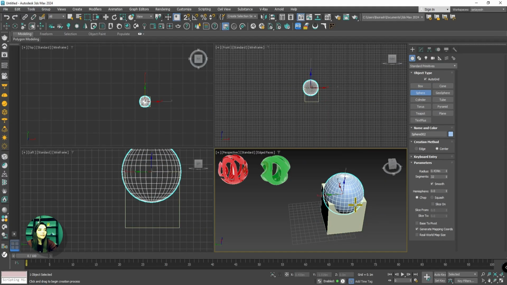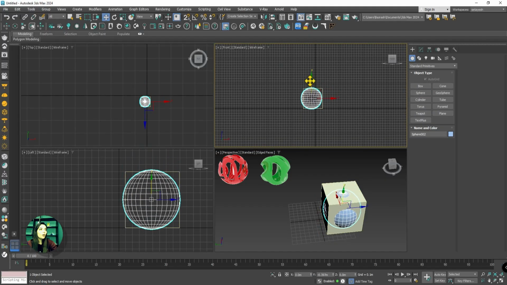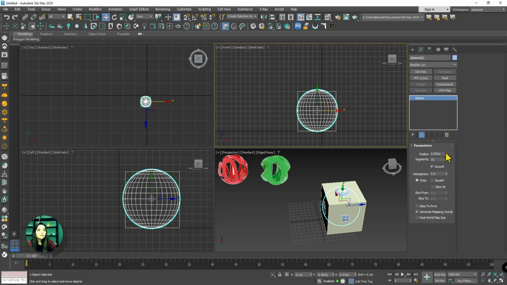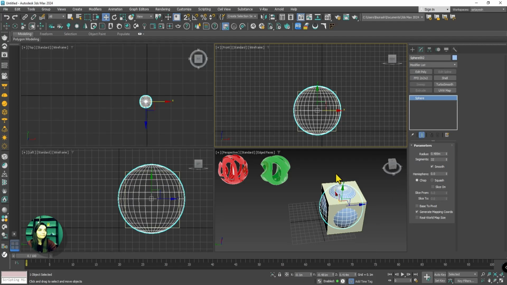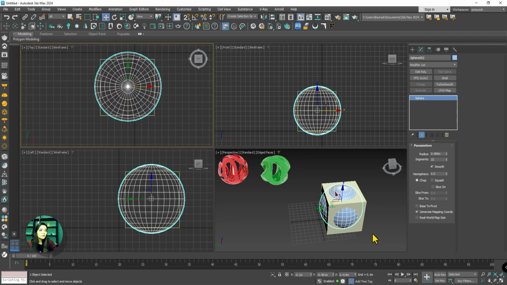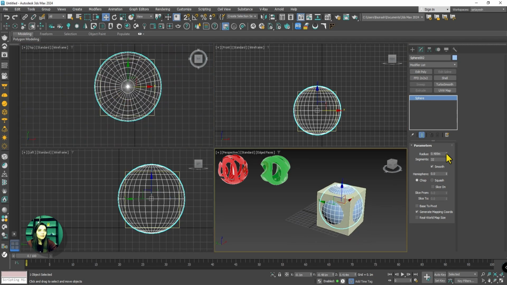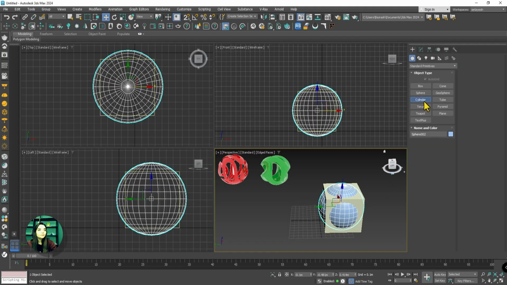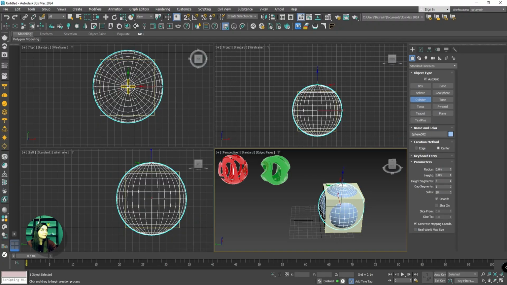Don't forget, for example, to use all viewports for more control and create a clean object. I think it's nice. I can pick this a little bit more. Yeah. And now, again,